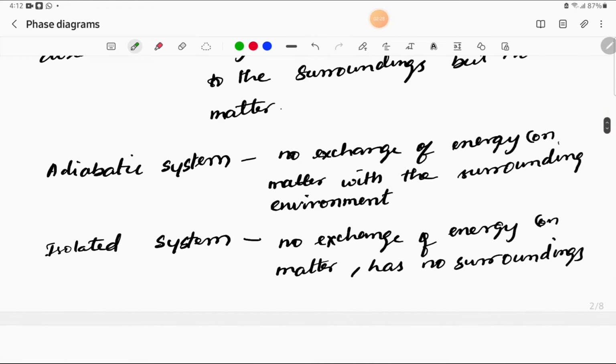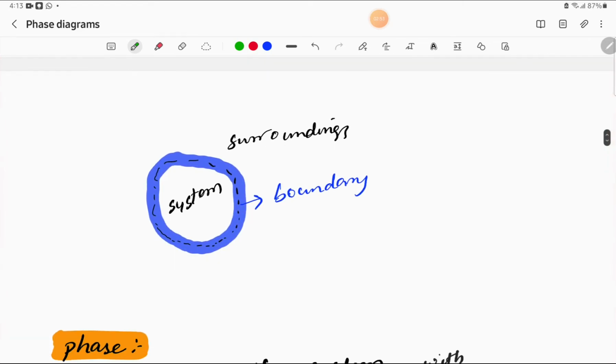And let's come to adiabatic system. In adiabatic system, no energy is transferred and no matter is transferred to the surroundings. And when you come to isolated system, in isolated system also the same, no energy, no matter. And in isolated system it has no surroundings at all. But in adiabatic system you have surroundings. Okay, but in isolated system you have no surroundings. See, I have illustrated it with the diagram. Here you can see the system, boundary and surroundings. Okay,